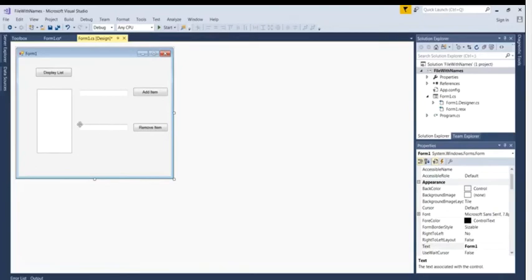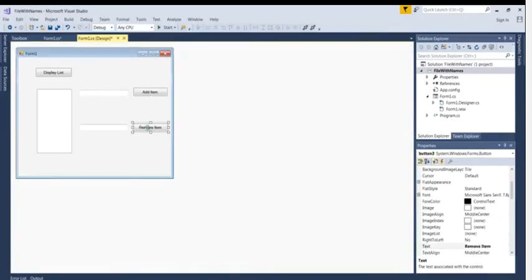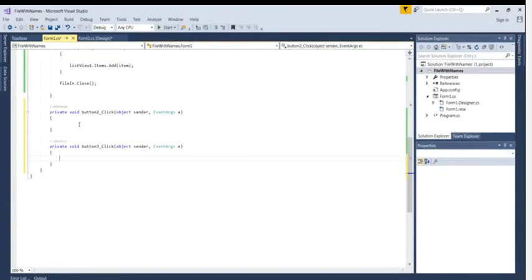So we can go through and we'll click our button and go look at the code behind. Make sure we've got a click event for each one. So we've got a click event for that button 2. So button 2 is our add item, and button 3 is our remove an item. So let's go into button 2, and for button 2,